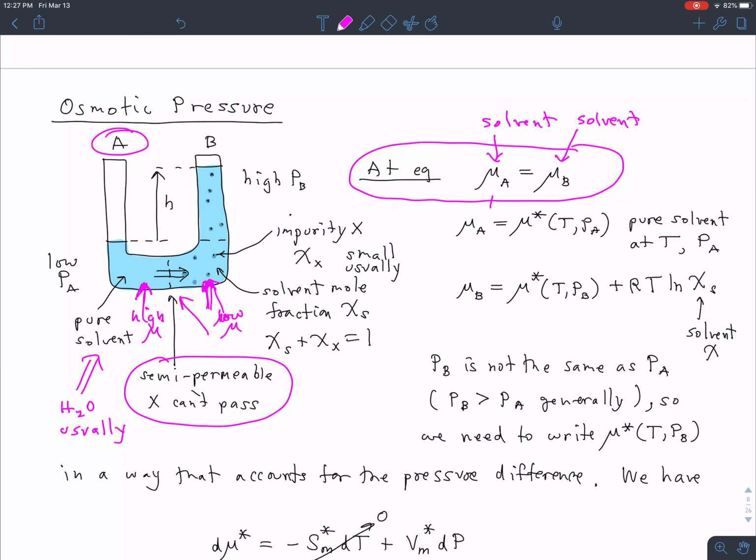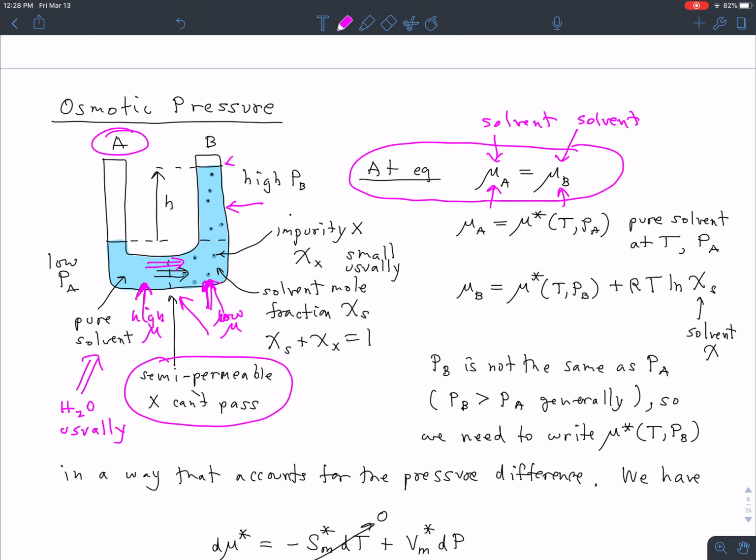But solvent on side A chemical potential has to equal the chemical potential on side B. And that means that in order to achieve equilibrium, something has to be done to overcome the fact that the solvent has lower chemical potential on side B due to the impurity. And the thing that causes things to become equal is that as solvent moves through the semi-permeable membrane from side A to side B,